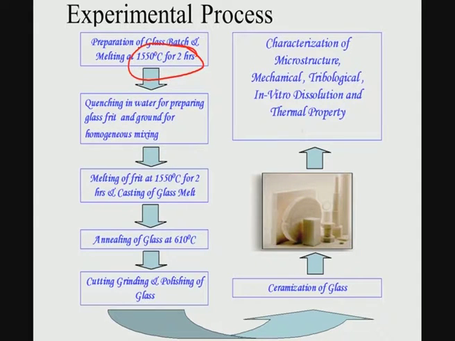Why a platinum crucible? An alumina crucible can sustain 1600 very easily, but then there will be pickup of the alumina from the crucible itself in the glass matrix. So that actual balance of the different oxides which you have done initially at the design of the glass composition will be disturbed.